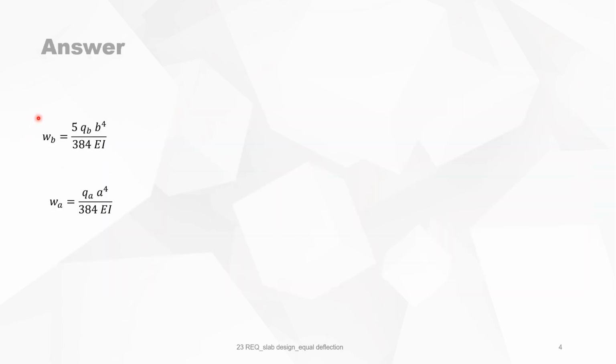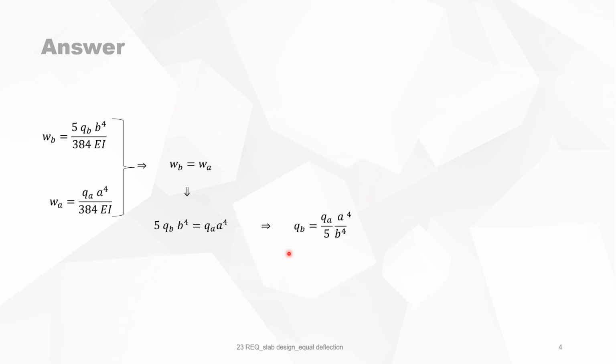Equal deflection means that in midspan, the deflection in the direction of B is that of a simply supported beam. So it's 5 divided by 384 and this. It's a well-known formula. In the other direction, the mean deflection in the middle of the span is given by this formula. So we make this equal. So the deflections are equal, and that means if you put in the different values, you get this expression,